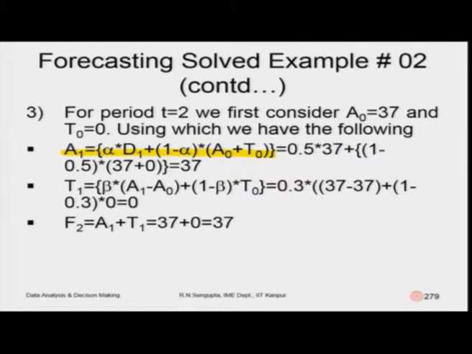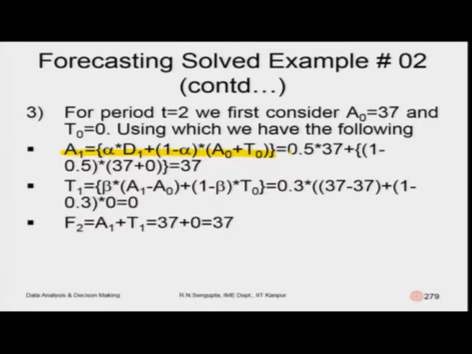So, 1 minus alpha would be the weight for the initial A naught and T naught value. So, considering 50% being the weights for alpha and 1 minus alpha, the value calculated for A1 would be,